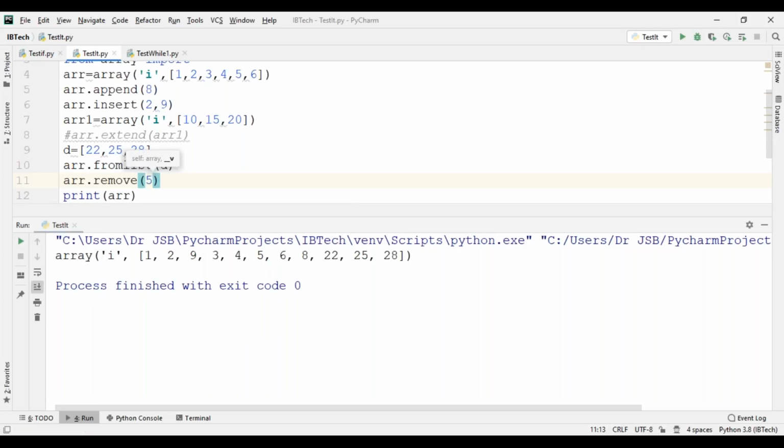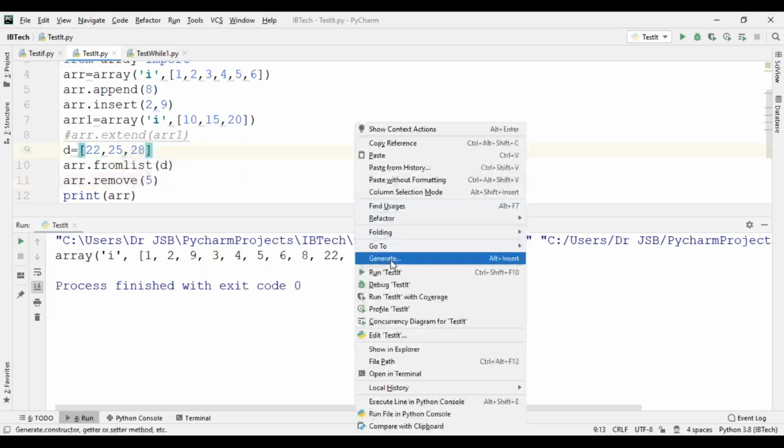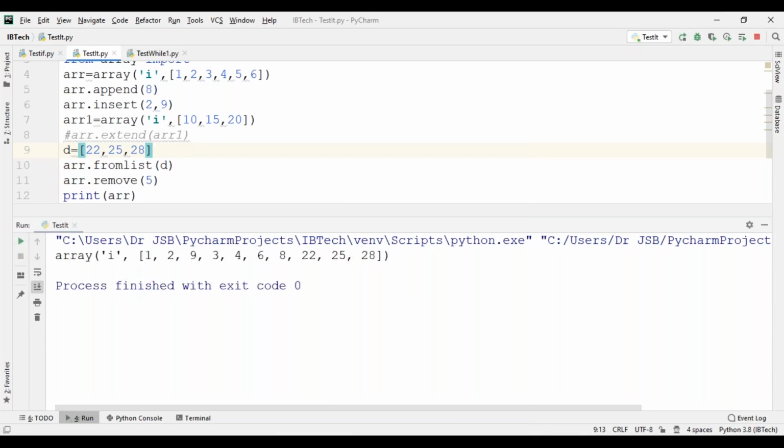Previously we had 1 2 9 3 4 5 6 8 22 25 28. Now see, 5 is eliminated from the given list: 1 2 9 3 4 6 8 22 25 28. 5 is removed.